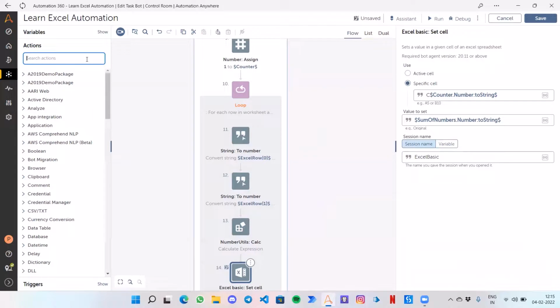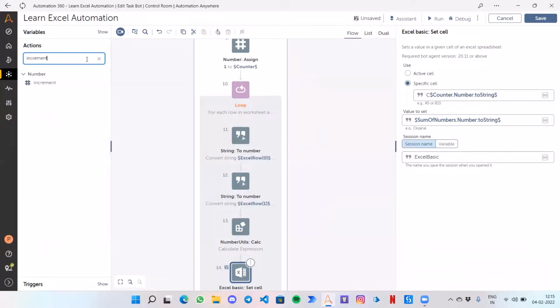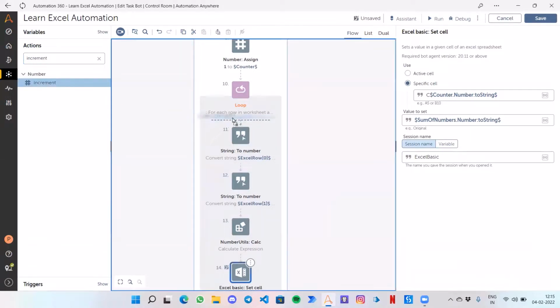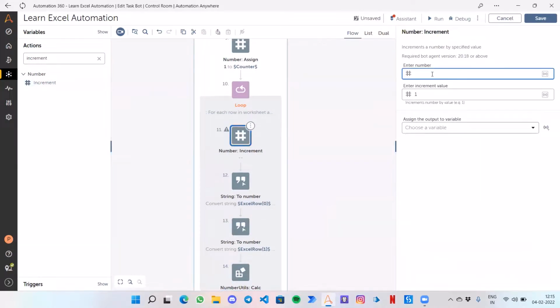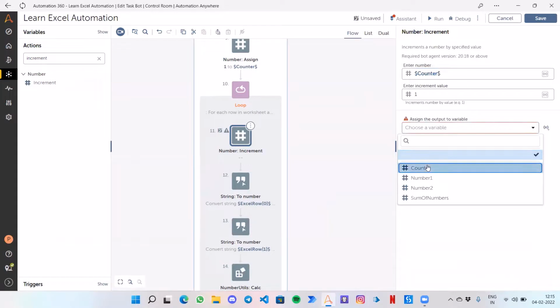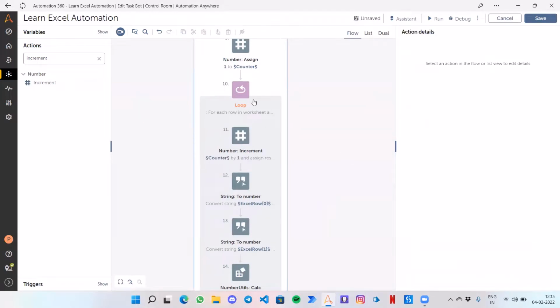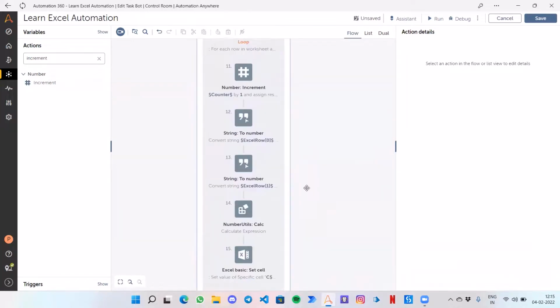So I am going to use an increment action. Increment means if you want to increase the value by a single number or a particular set of numbers. So over here, let's just give our value as the counter and assign it back to the counter. Now at first round it should be 2, so it should enter the value to C2, then C3, then C4,